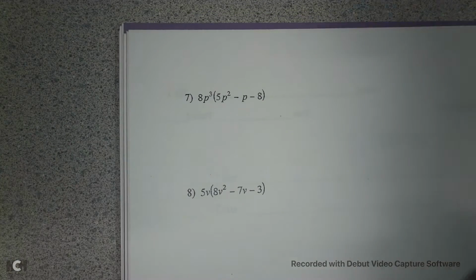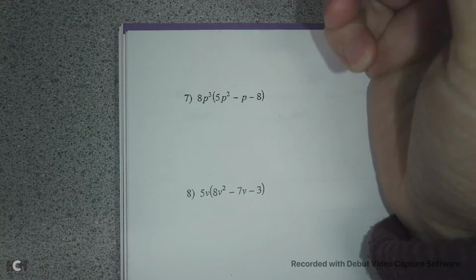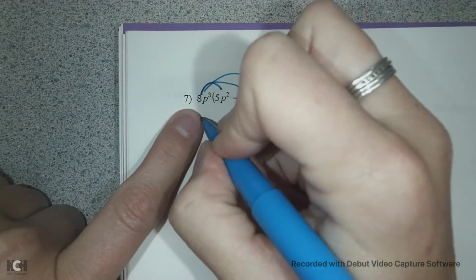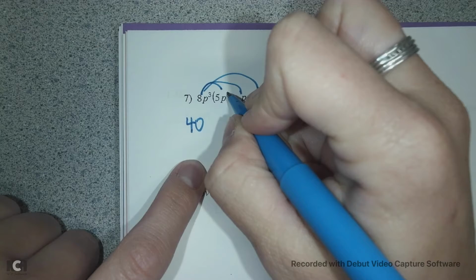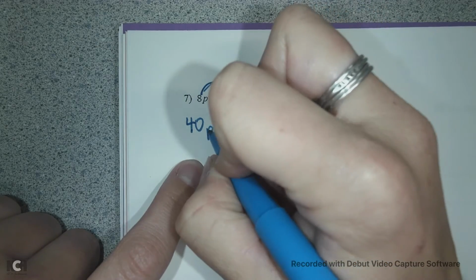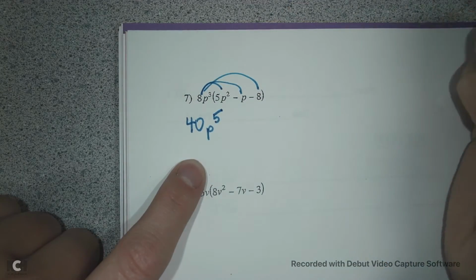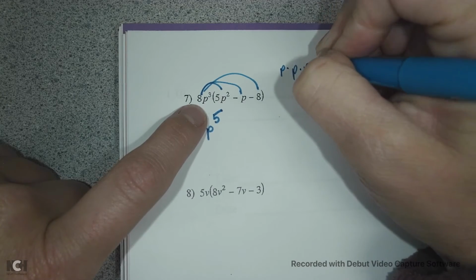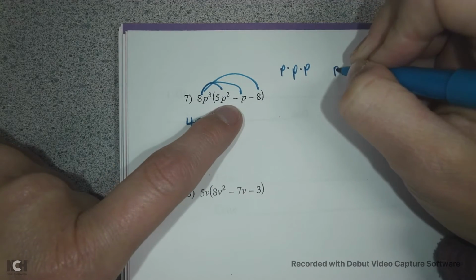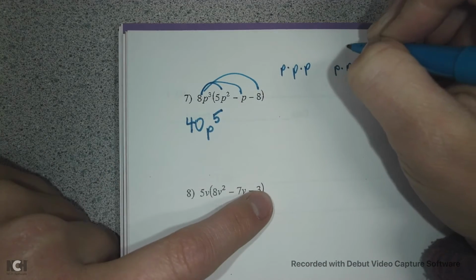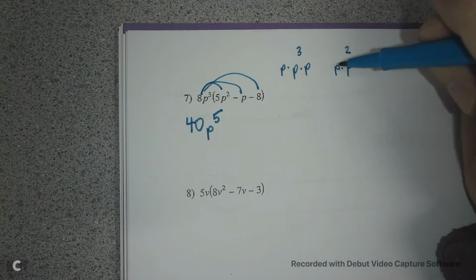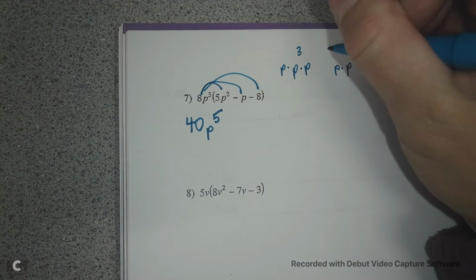Now let's look at number 7. If we have an exponent attached to our variable, we just do the same thing. So 8 times 5 is 40. And I have 2 and 3 p's, so that gives me a total of 5. Remember our exponent rules? This p cubed really means p times p times p, and this p squared really means p times p. So if I add up or combine or count how many I have